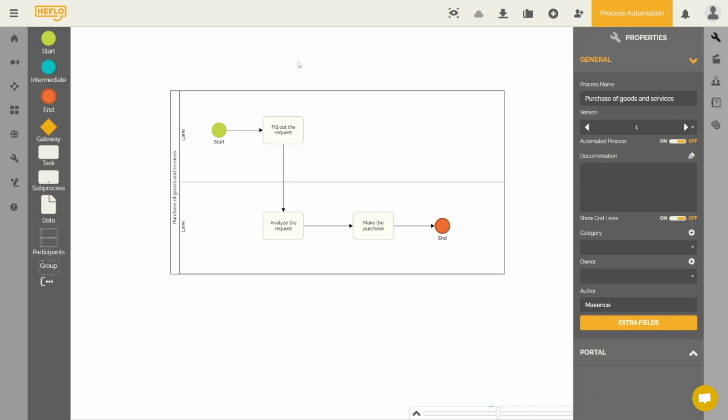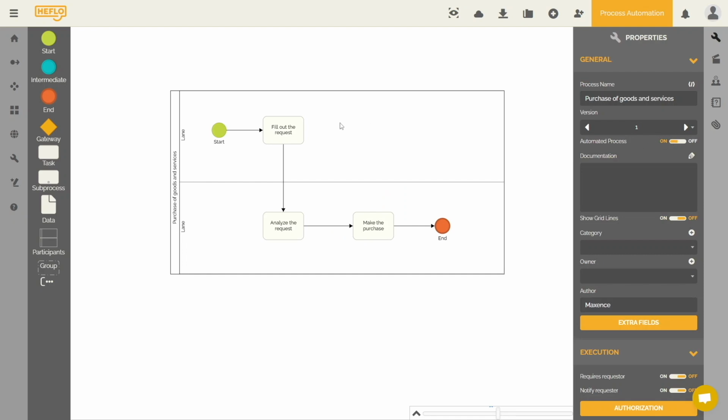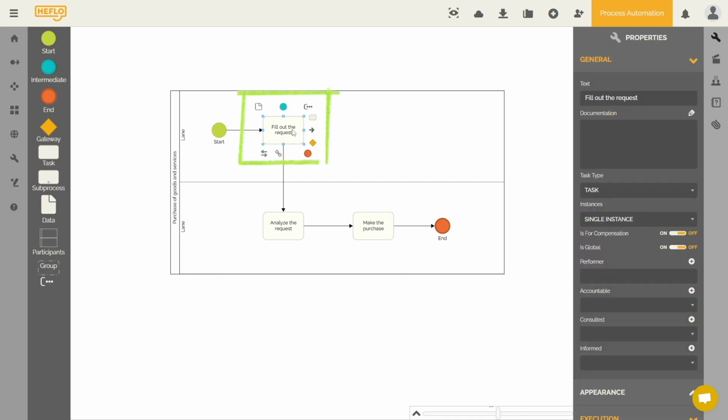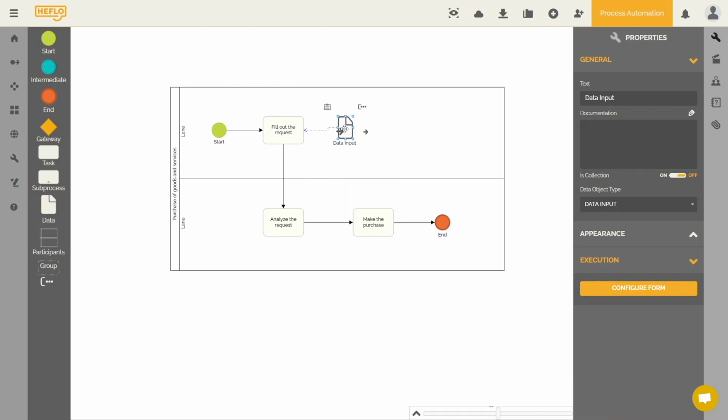You can see information like the name of the process, the current version of the process, and the information we are looking for is this: automated process. When I click, so what's going on? When I go back to my process and on my first task, I can see all the elements. We will use the data input to make the forms. So, what are we doing here? I drag the element here. I can double click on this element, and that will take me to Form Designer.